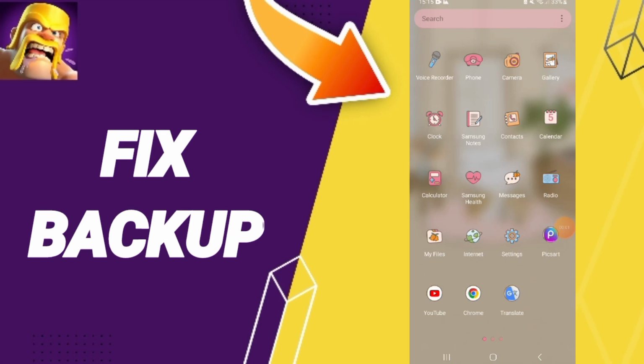Hi guys, today we'll talk about how to fix or how to solve the problem of backup on Clash of Clans app. To know how to fix or how to solve backup of Clash of Clans app,